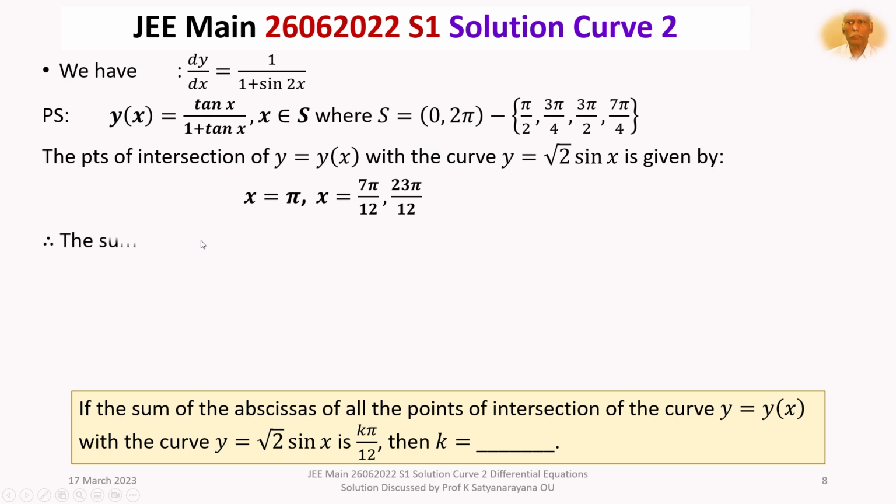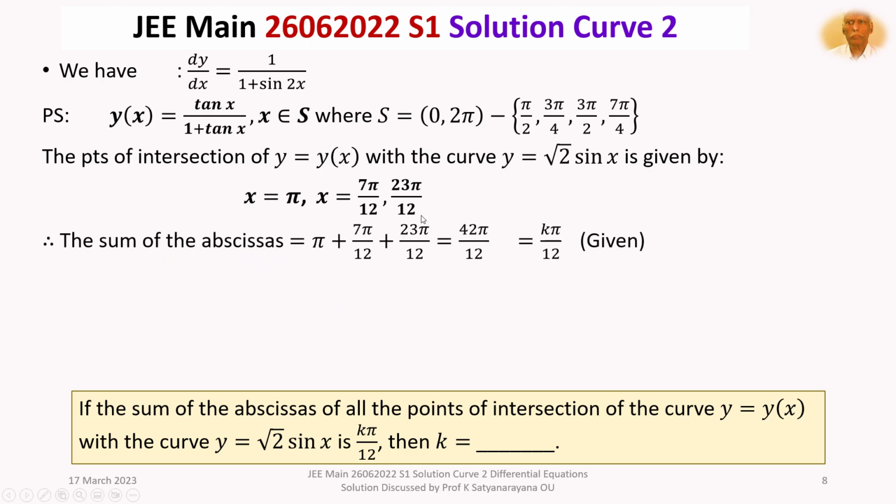First, the sum of the abscissas is pi plus 7 pi by 12 plus 23 pi by 12, and simplifying, we will get 42 pi by 12, and it is given to be k pi by 12 in the question. Now solving for k, you will get k is equal to 42. So k is equal to 42 is the answer for this question,